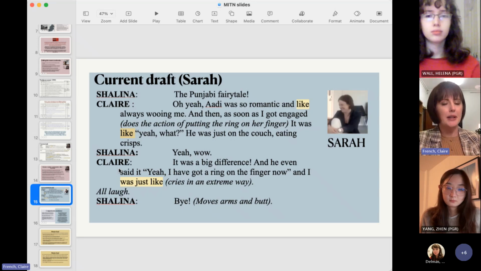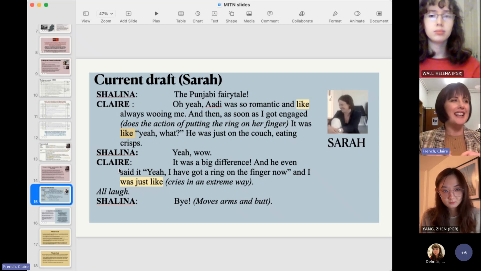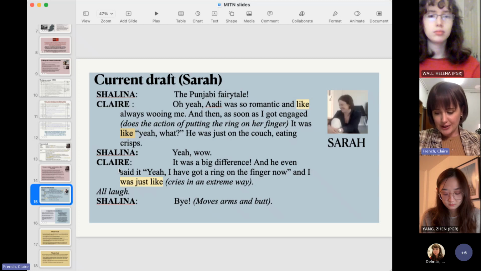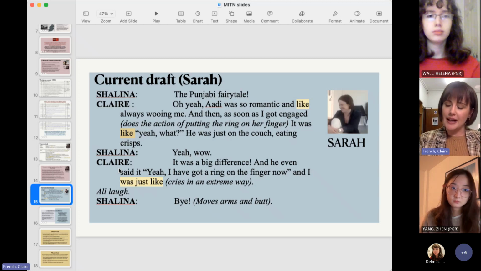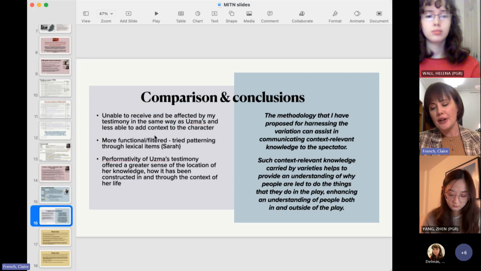I have made sure that there is some use of kinda and like throughout. So that's the main reason why I was including this, so that I could compare it back with Uzma's testimony and start to think through how performativity has been a very strong part of this process.